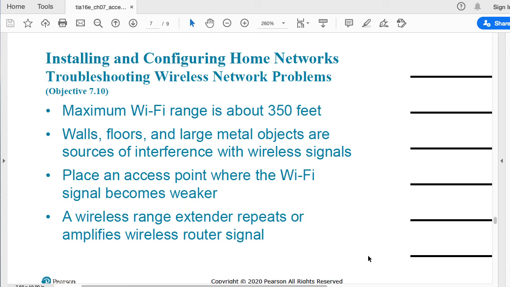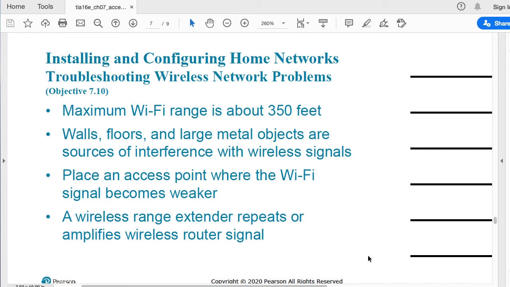So what is the site survey? Site survey is a situation where you try to find out the best location to place your access point, in order to get access to all the devices that you have in your home. It doesn't matter if a device is in the kitchen, in a bedroom, another bedroom, or even in a bathroom. You want to have access everywhere. But to find that proper location, you have to do a site survey.